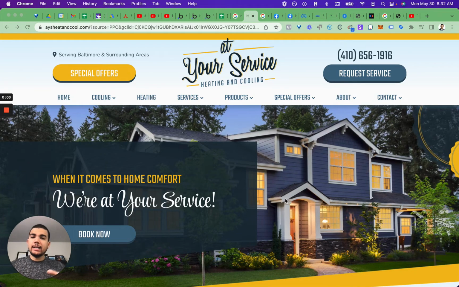Today with your Google Ads breakdown, we're looking at your service heating and cooling. We're taking a look at their ads, seeing how we would improve them if we were doing them for them, and showing them how they can double their conversions coming in. So this is their landing page. Let's take a look at their ad and work through their funnel to see exactly what they're doing in their